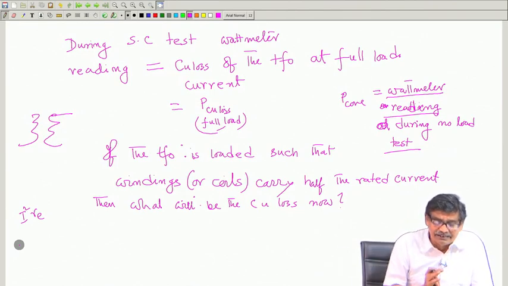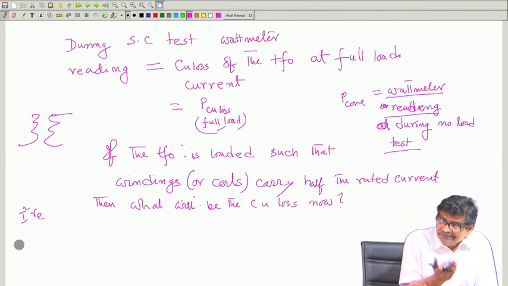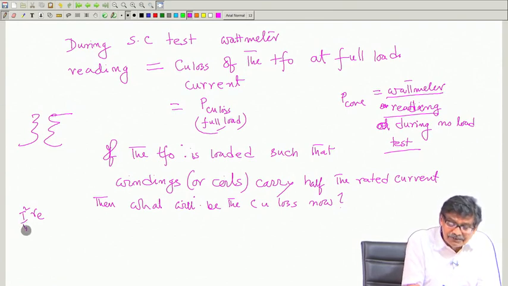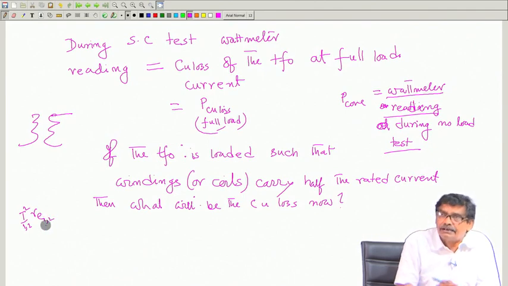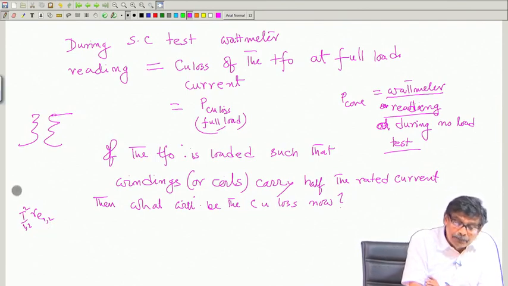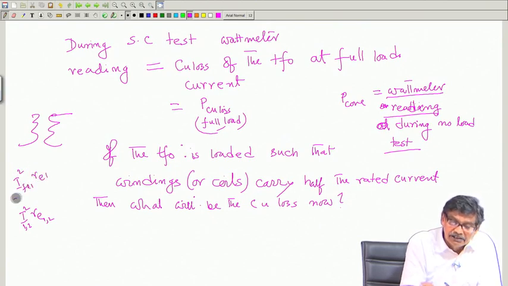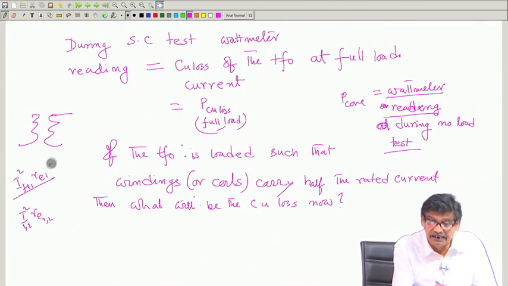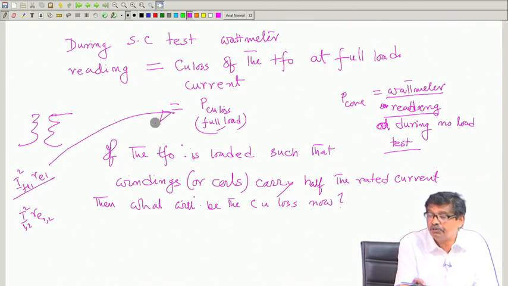The beauty is this, that from the equivalent circuit, when it is either 1 or 2, take the corresponding values. This is the copper loss. So, at full load the copper loss is I full load squared, suppose on one side you are calculating R_e1, this will be the total copper loss, and this I have defined, which I get from short circuit test.